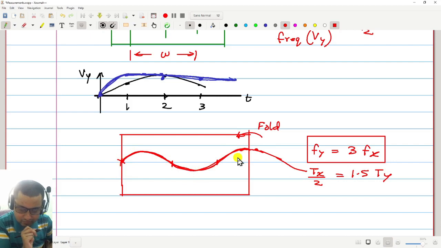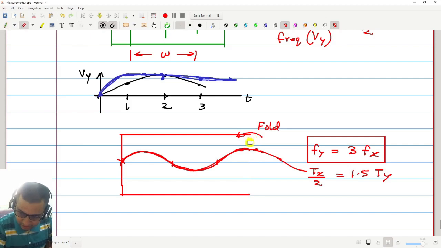Sir, when Fx makes one half cycle, then we go from left to right once and come back from right to left once. Is that right? When Fx makes a half cycle, we go from left to right. That's complete. Here to here is a half cycle. I have found the mistake.